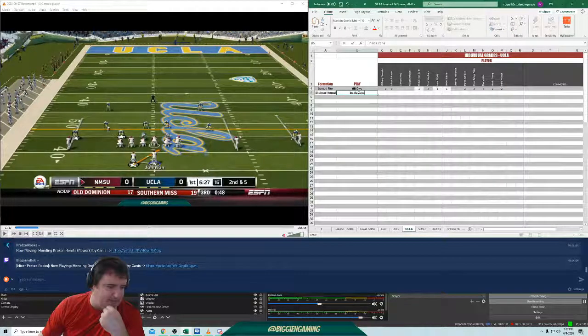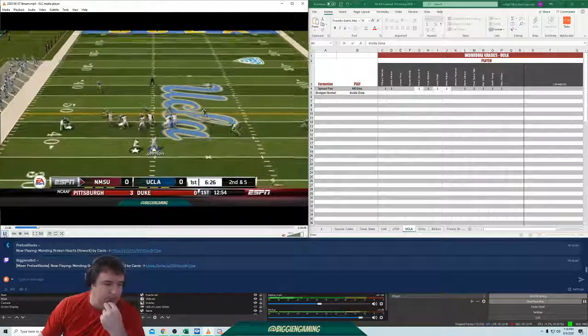We're running inside zone. Realistically, he should go here. He's not going to. He's going to take the combo block right here on the 2 technique up to the backer. Our center and our left guard are going to work, our Evan and Max are going to work up to our backer right here. Then these 2 are going to take this. We're still going to try and hit play side. If this guy comes into the box, hopefully he's late and it's still a good gain. So we'll run the play. Okay.